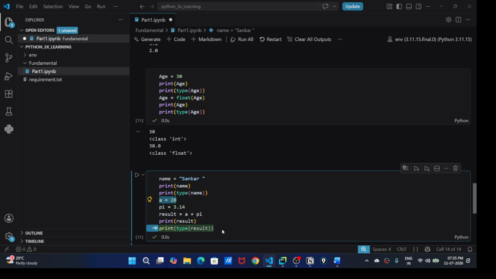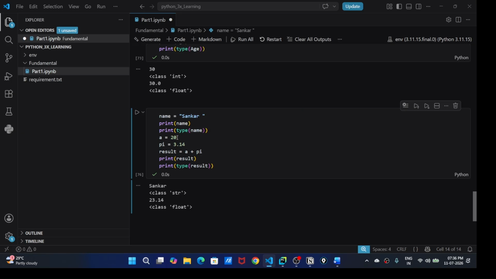If we execute this line of code, what will it give as the output after adding? It will give you the float value only. Again we will see the type of this, right? So after performing the addition operation, it will convert into a float. So a is the integer, pi is the float. After performing the addition operation, the result is a float. So this kind of conversion is called implicit conversion.